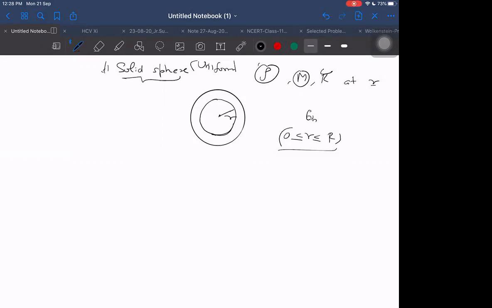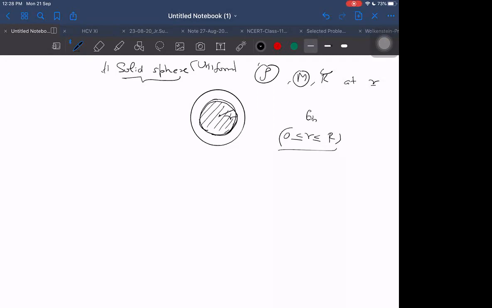So to find it, we can use Gauss law. Listen, I am giving you an application of Gauss law. How to use Gauss law? We will take a shaded portion here. We already know that due to the outside shell, the field will be 0 inside. So only due to the shaded portion, it will be something.